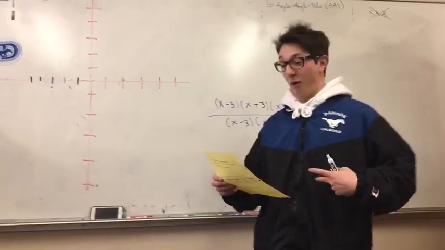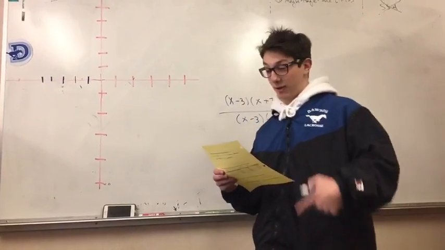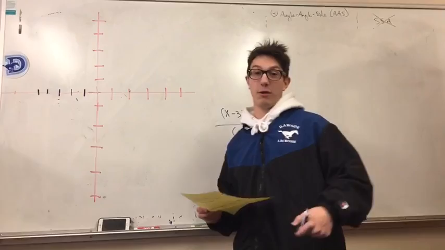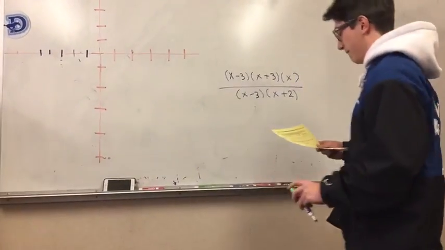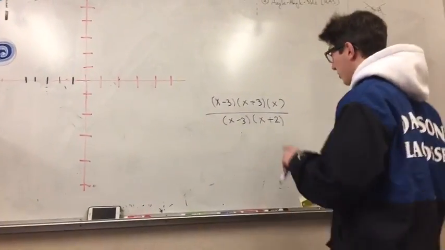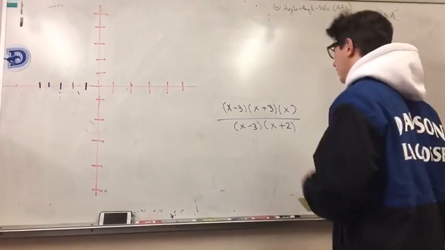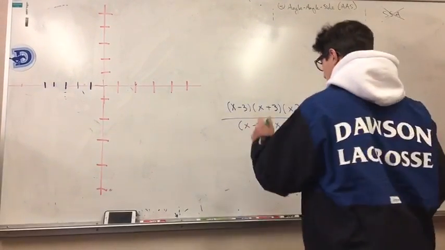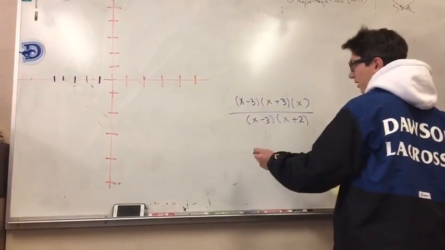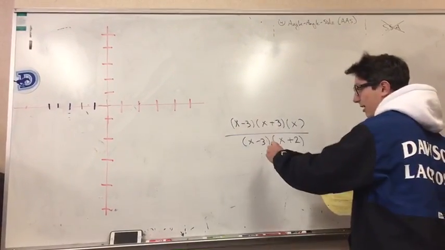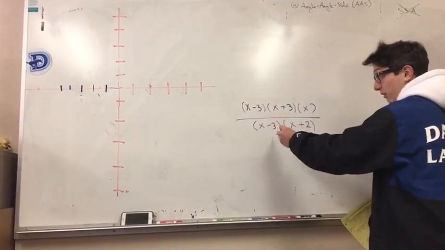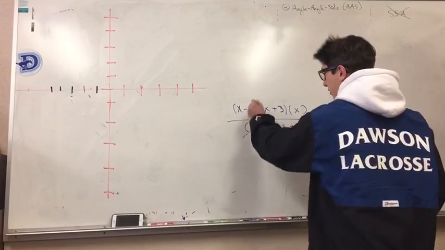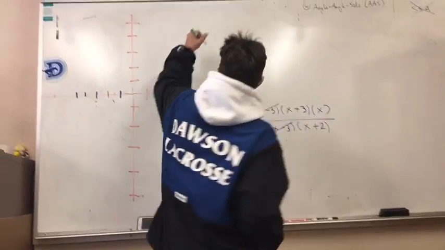Hi, I'm Jorge, and I'm going to tell you how to graph rational functions without a calculator. Alright, so step one, we're going to have to find the hole. In order to find the hole, you look at the numerator and the denominator to see if any two factors are the same. See, x minus 3 and x minus 3 are the same, so we can cancel those out. And we will have a hole